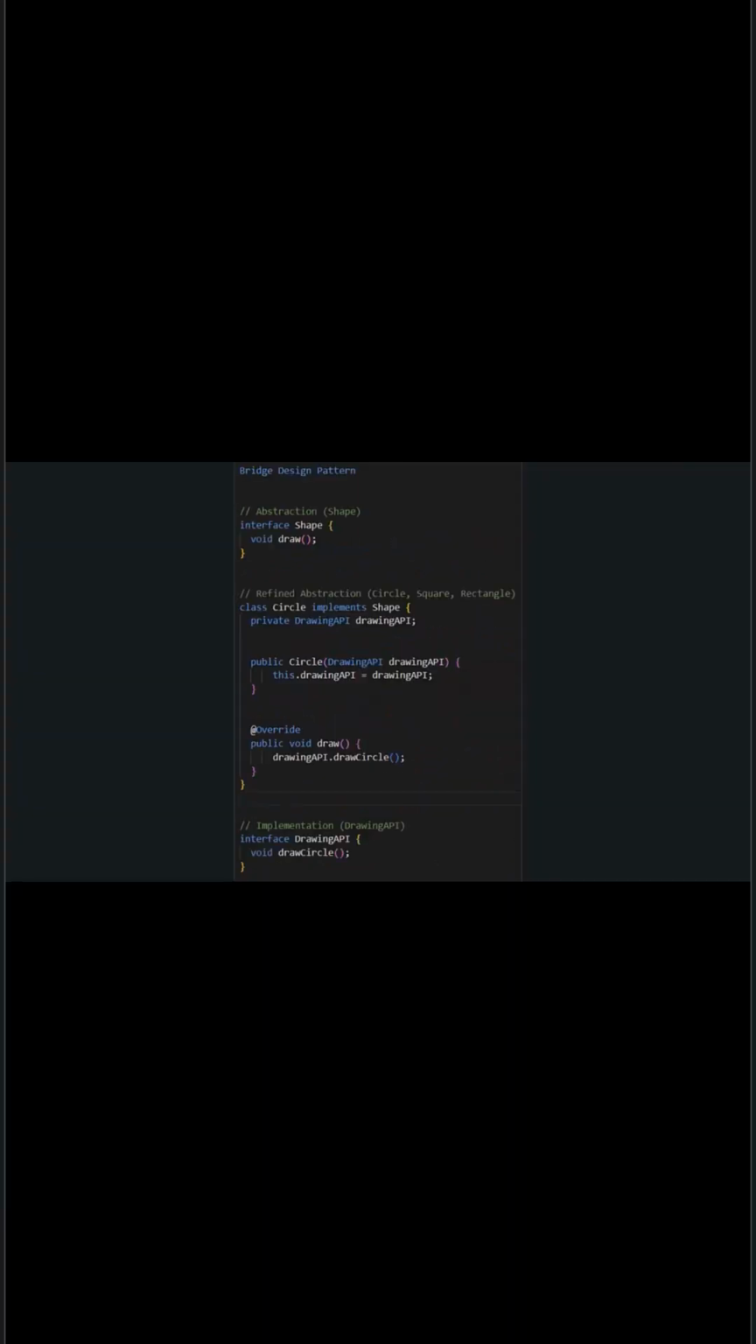Bridge design pattern is a structural design pattern that decouples an abstraction from its implementation. So it separates a class into two hierarchies: abstraction that defines the high level interface that clients use, and the implementation that defines the concrete details of how